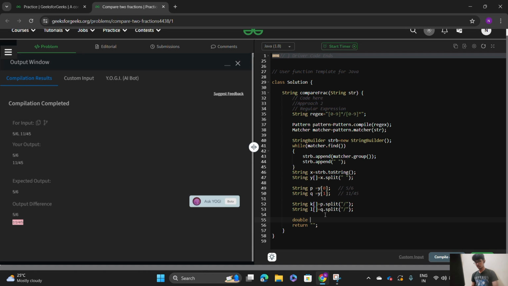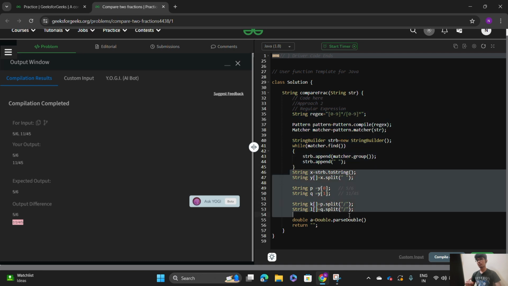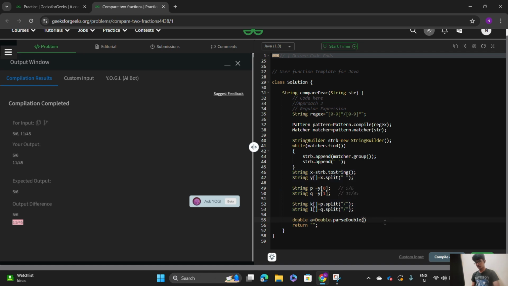So now let me give it as a equal to double dot parse double. See, everything is same up to only these things are going to get changed. After this, rest of the things follows the same as we have followed in our previous approach. Okay. So now what I'm going to do here is I'm going to follow k of 0 and then double b equal to double dot parse double of 1,